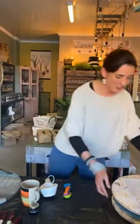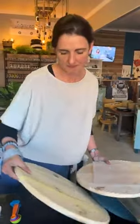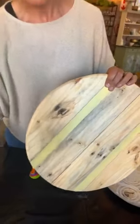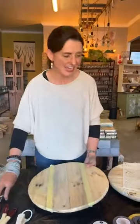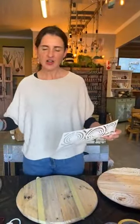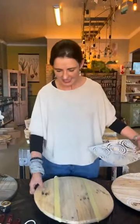Okay, so today we are going to work on a raw timber surface. There's no preparation required when we work with Tjhoko paint on raw timber. Just a quick dust and then have fun. On the board that I've already prepared, a different stencil was used, but it wasn't in the Potch store. So I'm just going to work with different designs, and that's also the amazing thing, the versatility of our